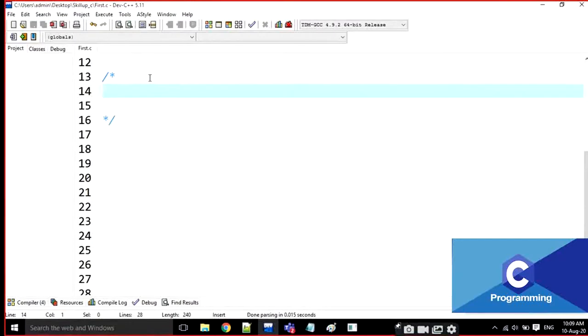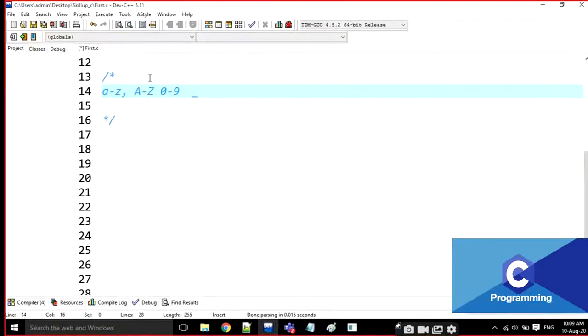The character set for variable names is small a to z, capital A to Z, 0 to 9, and only one special character, that is underscore, shift minus symbol.